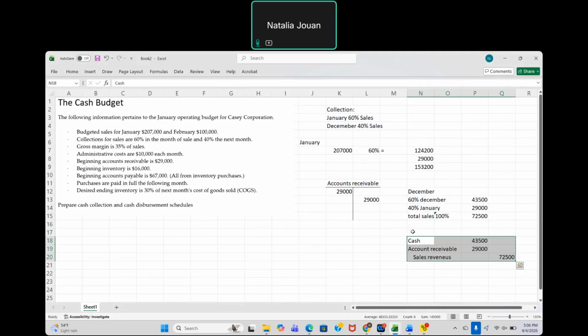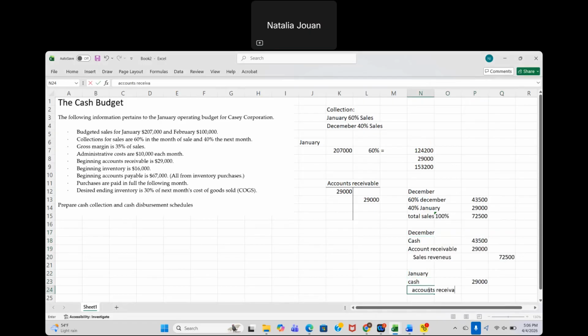So in December, you collect the 43,500, which is 60% of the total sales. And then in January, related to this transaction, you're collecting the 29,000, and you're decreasing the accounts receivable. So again, this 29,000 comes from sales made in December, which you're collecting in January, 30 days later. And you're also collecting the 60% of whatever you're selling in January. So the sum of these two,